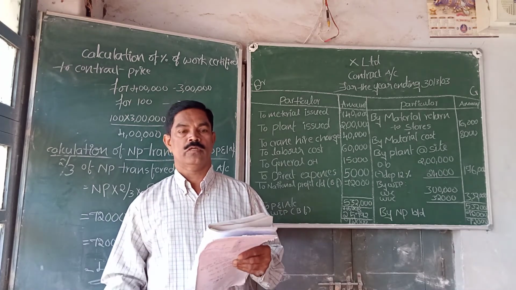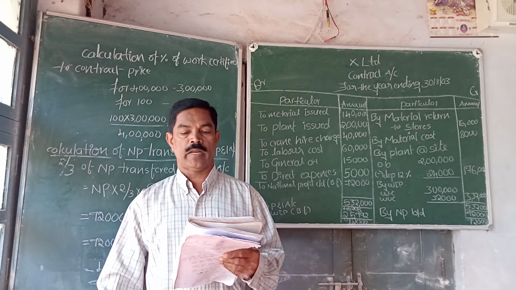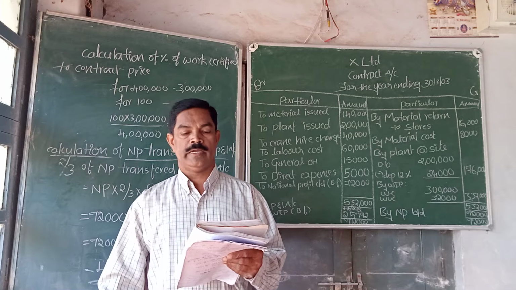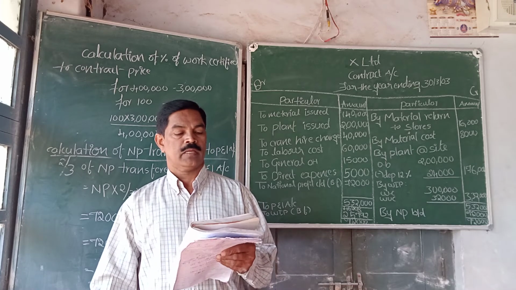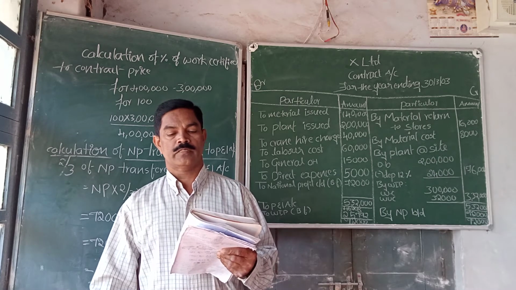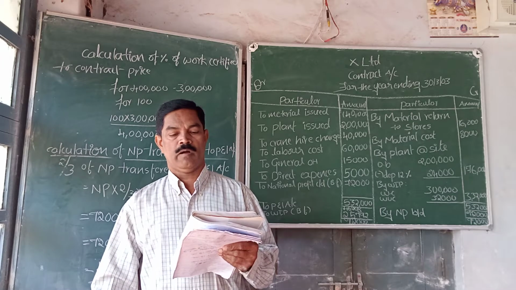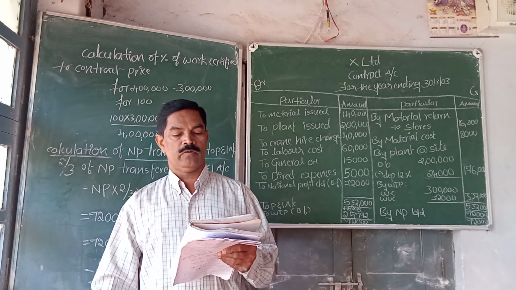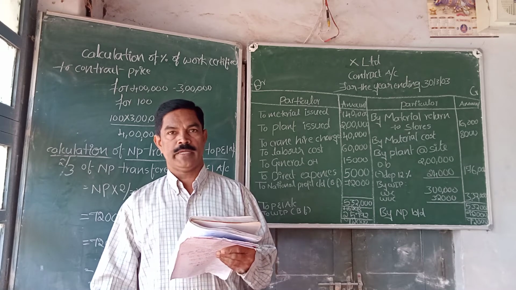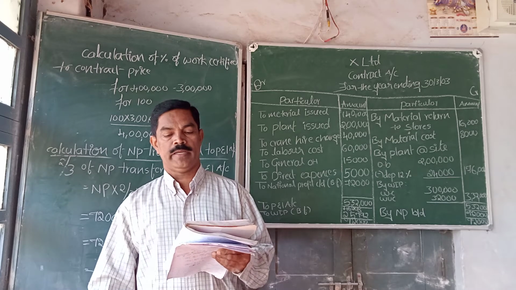Material returned to stores: X 16,000, Y 6,000. Plant issued: X 2 lakhs, Y 30,000. Material lost on account of fire: X 8,000, Y 5,000. Crane hire charges: X 40,000, Y 6,000. Labor cost: X 60,000, Y 54,000. General overhead: X 15,000, Y 3,600. Direct expenses: X 5,000, Y 800.